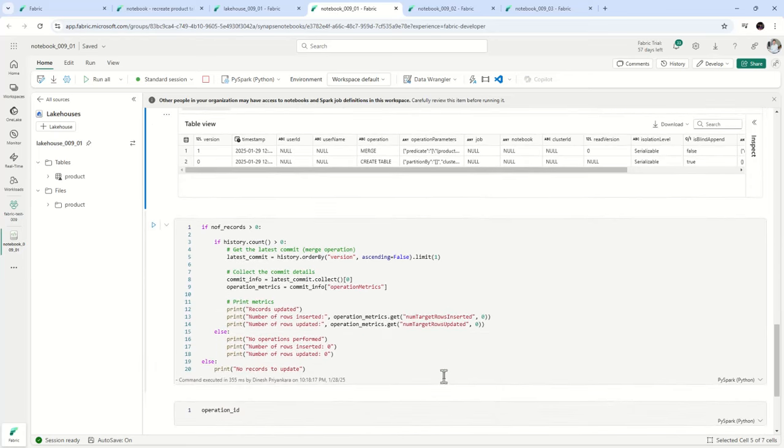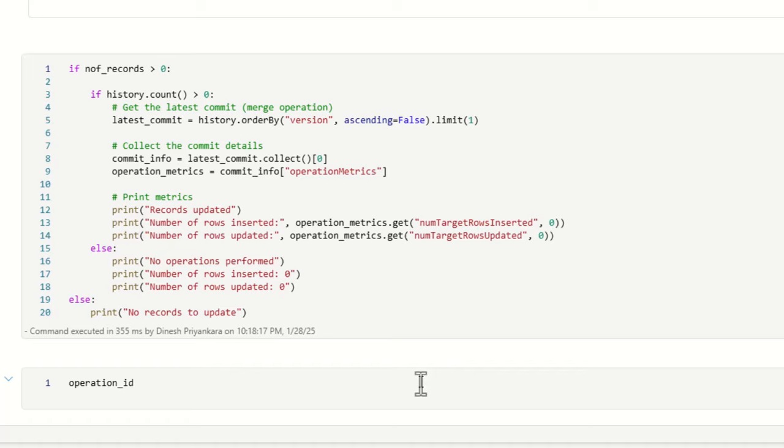So this is the method I have written. We check the history data frame, whether it has records or not. Okay. If there are no records, then of course we don't need to read it. So if there are records, of course, now there are 2 records, it goes to the second if condition. And then you can see